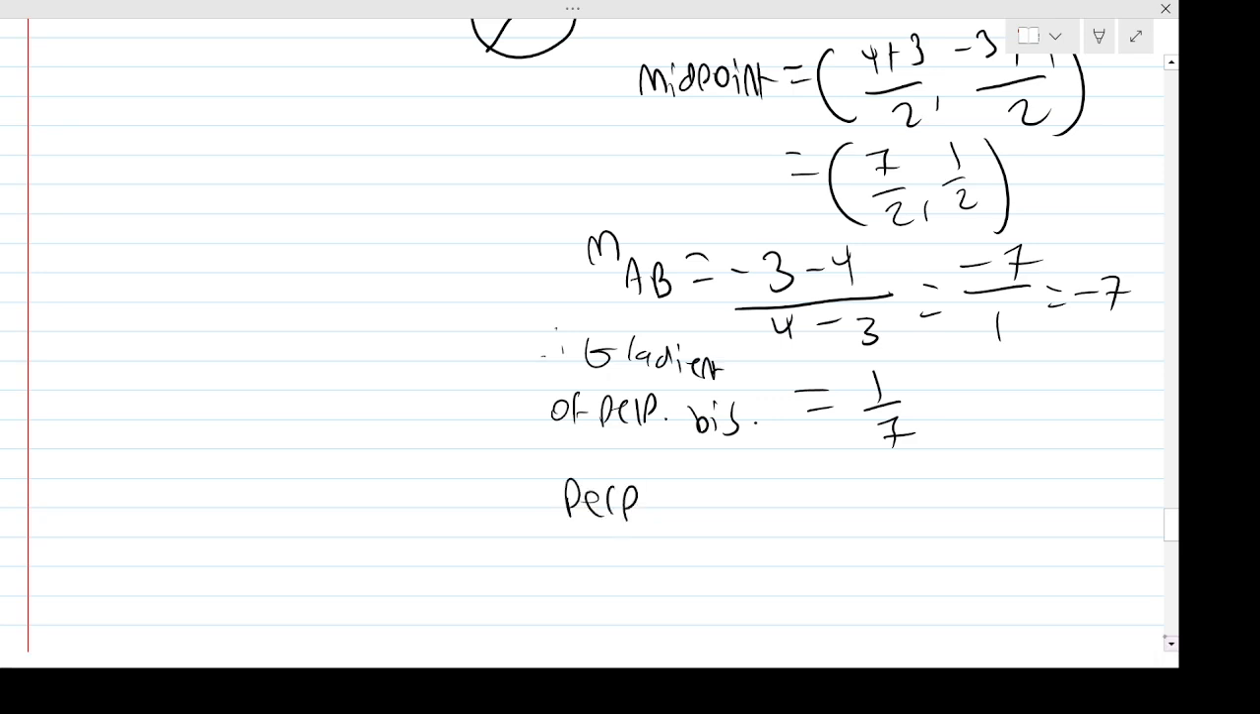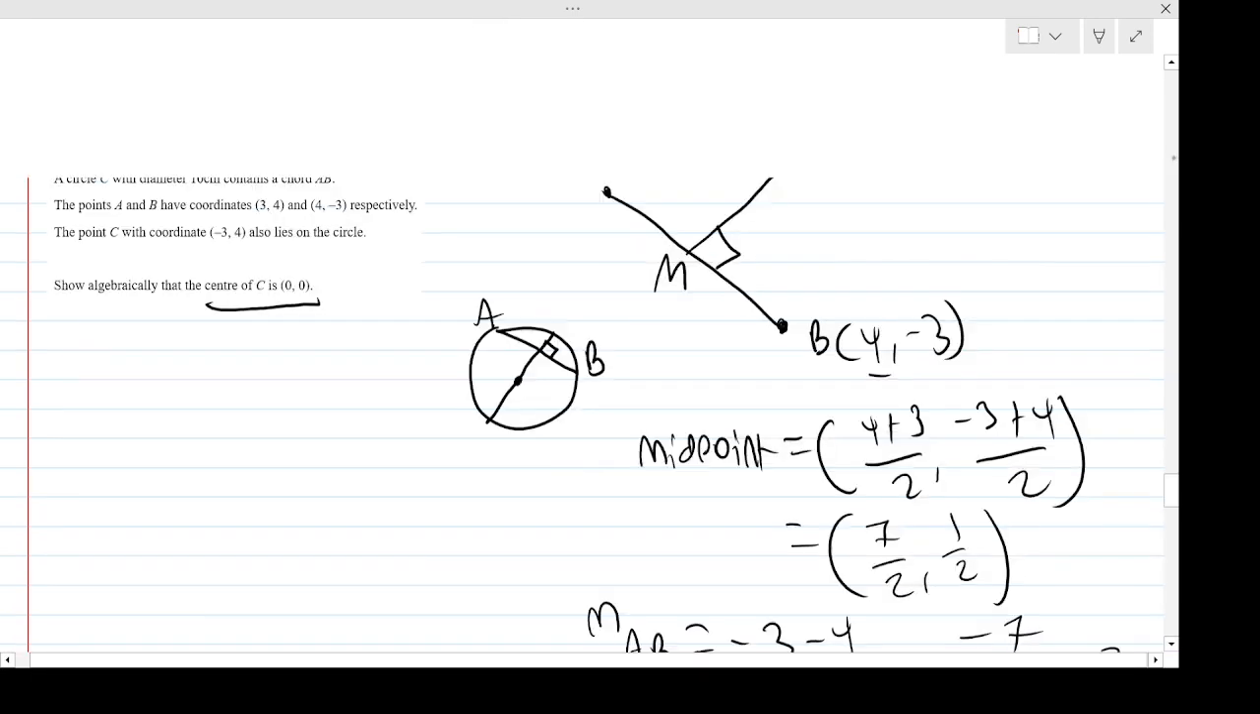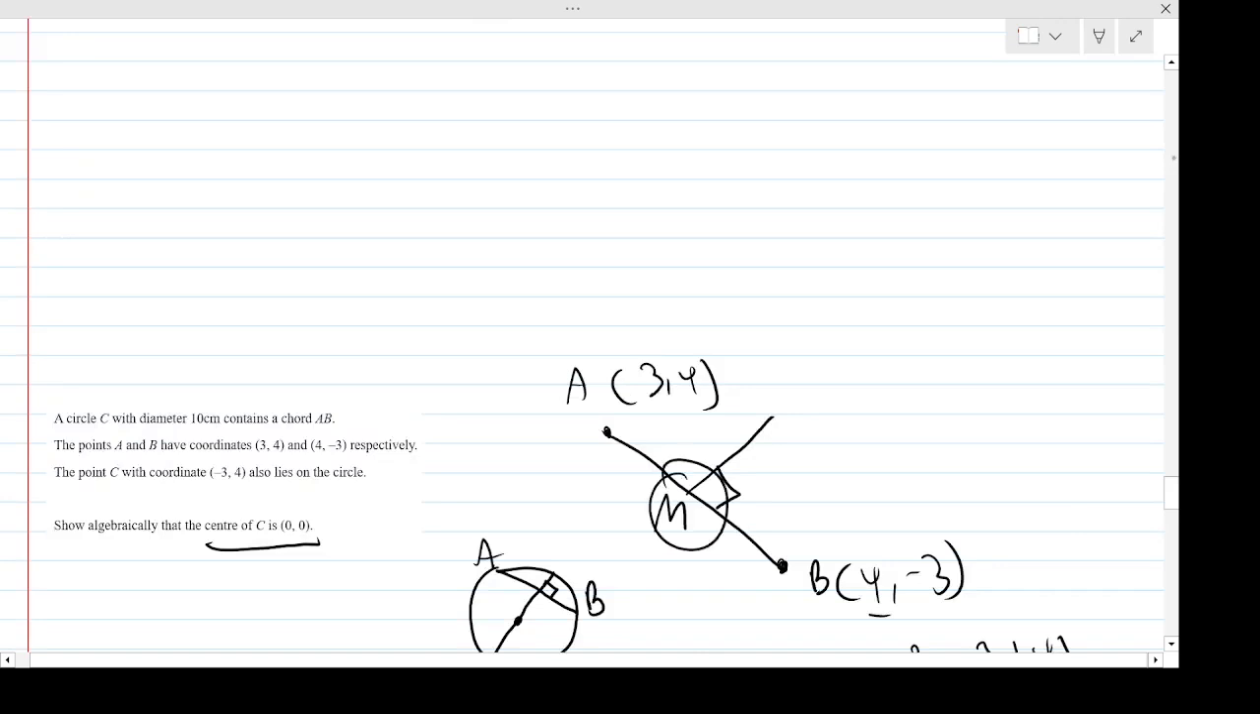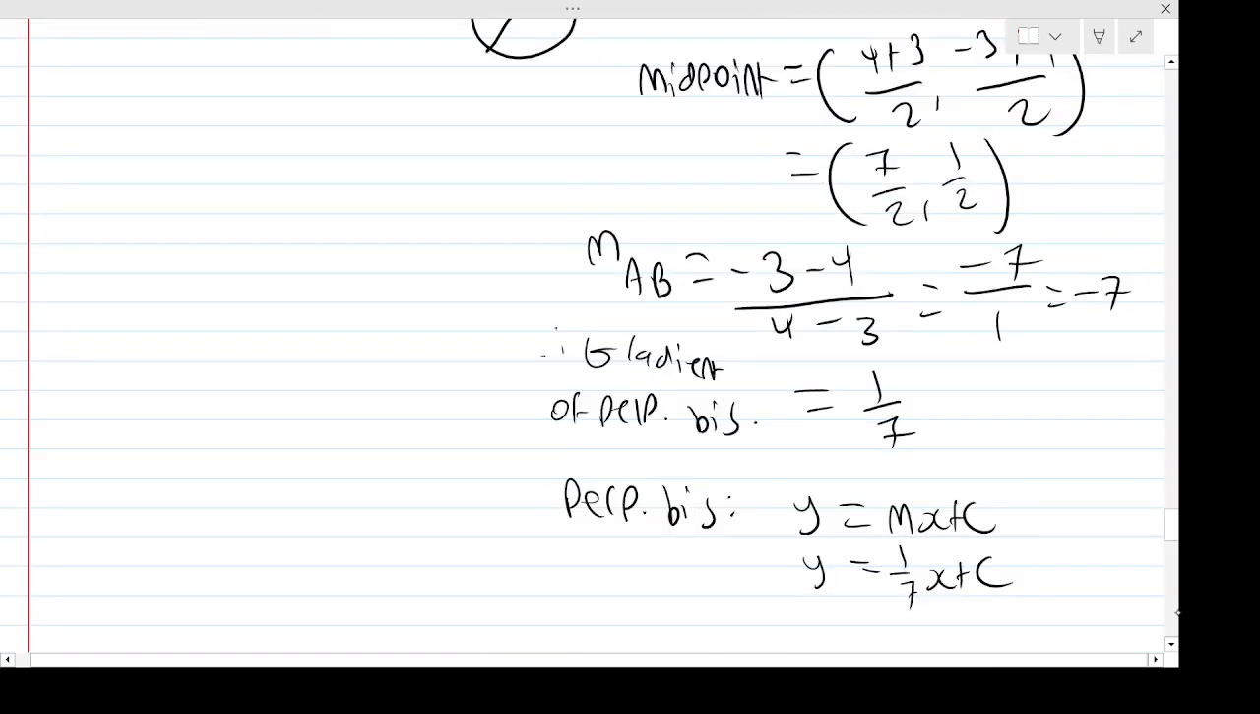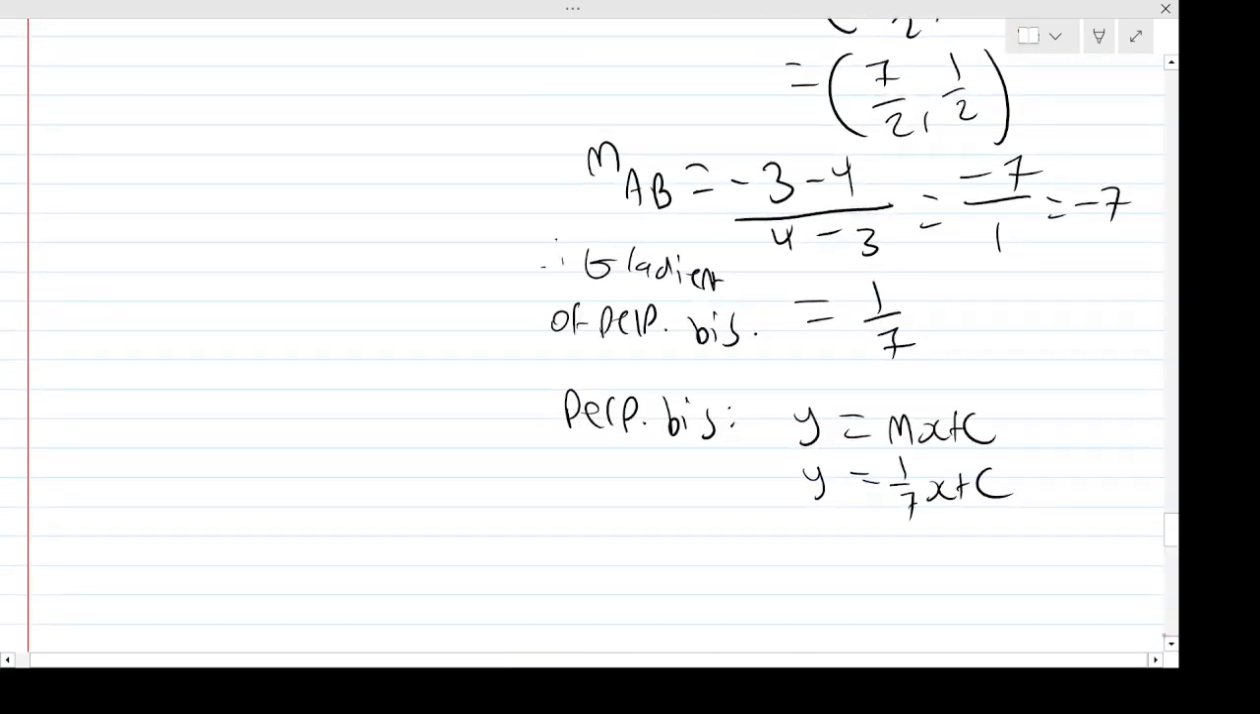So therefore, the equation of the perpendicular bisector: y is mx plus c. That's the general equation of a line. But we know the gradient, right? y is 1/7 x plus c. Then we need to find c, but we know the midpoint will pass through the bisector here. The point M will be on that line. So therefore I'm going to sub the midpoint in, so sub 7 over 2, 1 over 2